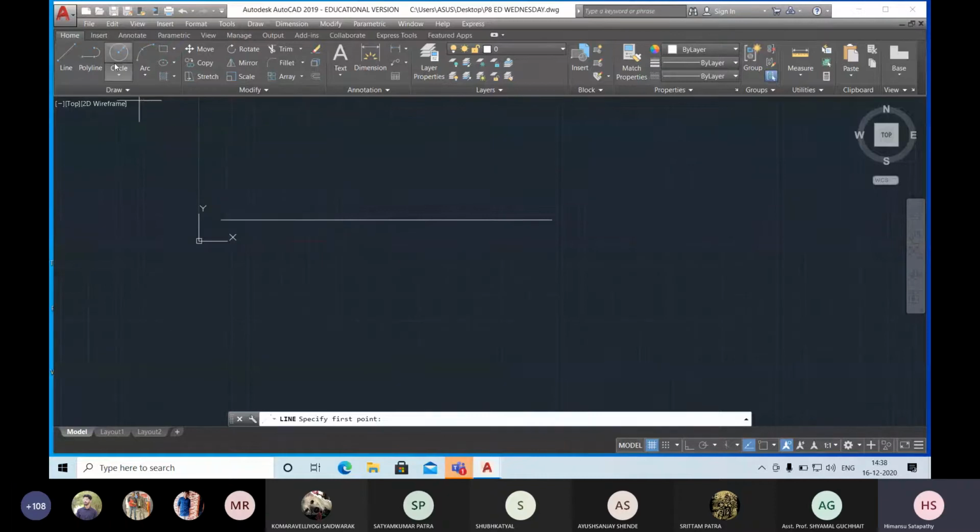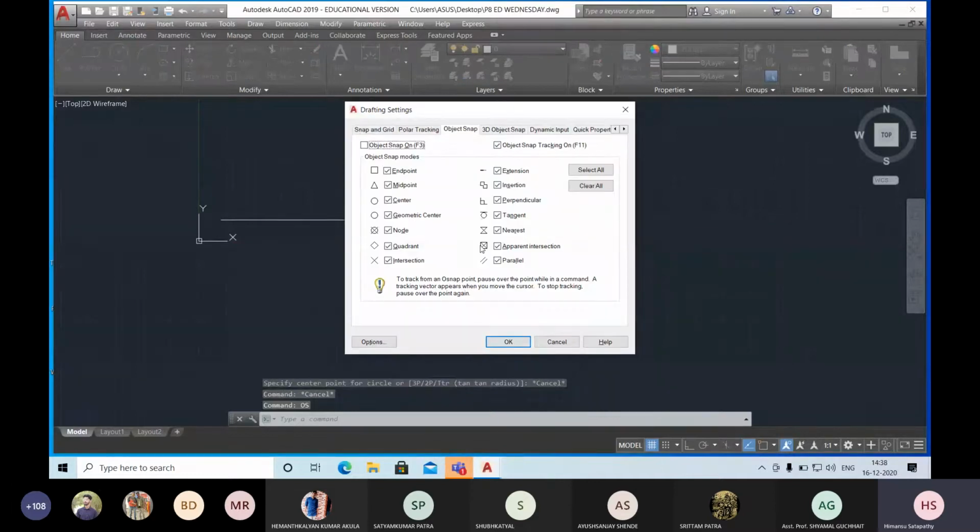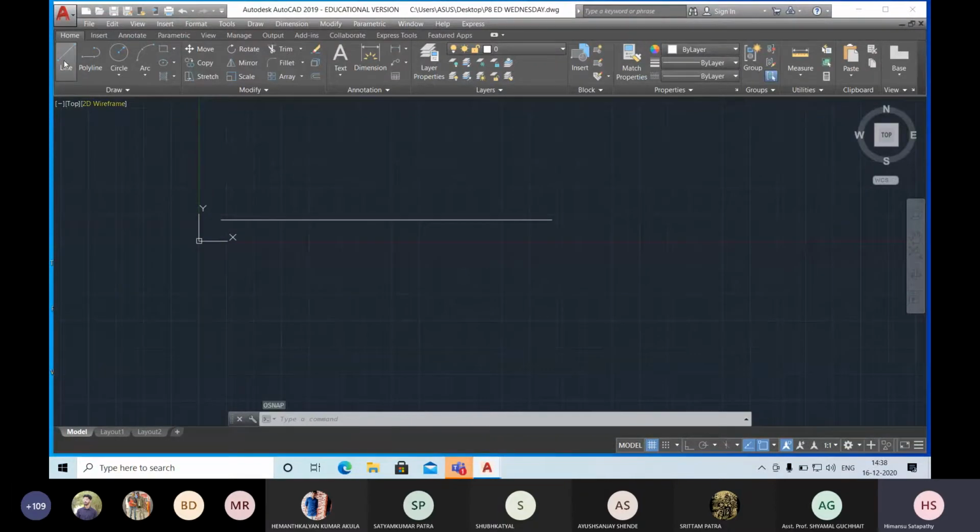Every time, if I want to draw a circle at the end of this point or the end of this point, I could not do that. Okay. So for that reason, you need OS. Type OS, OSNAP, and you can click select all. You can see there are 14 options: endpoints, midpoint, center, geometric center, node, quadrant, intersection, parallel. All the options you can find over here. So click select all, because that means all the points will be created. Then click OK. So now when you go to the line command,